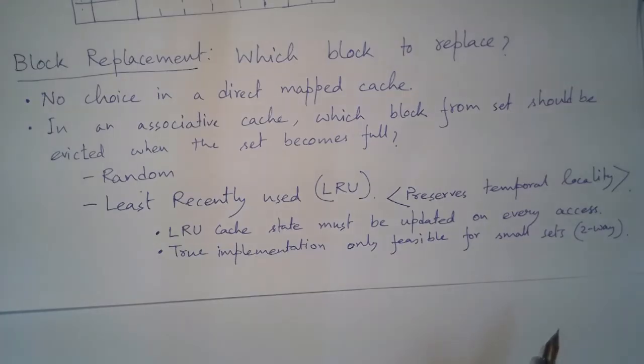In pseudo LRU, you don't actually keep track of all the blocks and their usage. Your objective should be only to figure out the block which is the least recently used. So instead of keeping track of all the blocks, you can just keep track of the few blocks which are least recently used and implement something called pseudo LRU